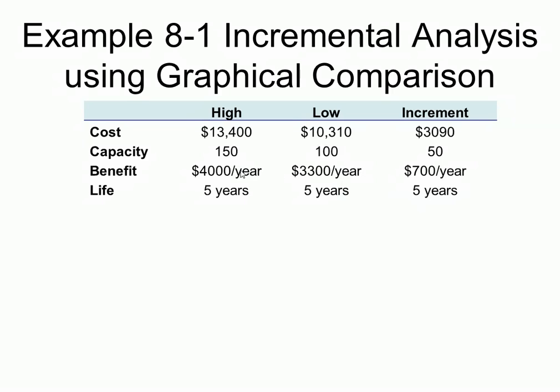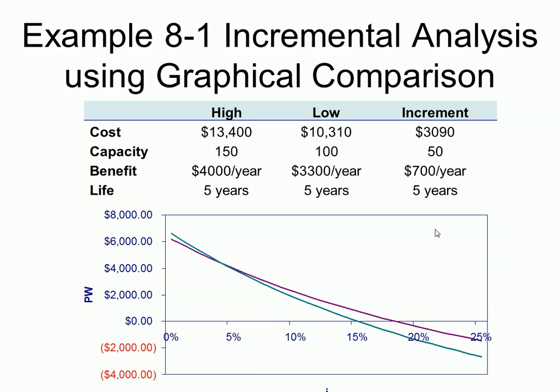So the difference in the annual benefit, the increment, would be 700 per year of extra benefit provided by the higher initial cost alternative. And the useful life is the same, so again, for the incremental cost, we also have a useful life of 5 years. If we were to find the present worth for